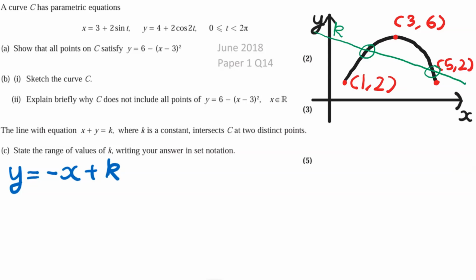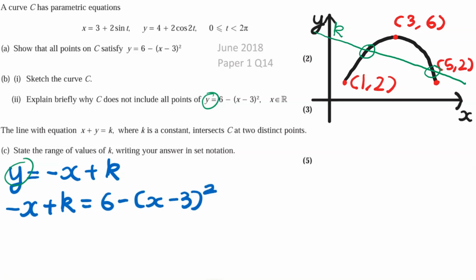Now we need to state the range of values of k because of course this line could also be up here, for example, and still intersect it twice, or it could be down here and still intersect it twice. So we need to find the range of values of k for which it intersects the curve twice. The way we're going to do this is, since we've made y the subject, we're going to sub out the y for this minus x plus k because we're dealing with points of intersection, so we substitute minus x plus k into this here,